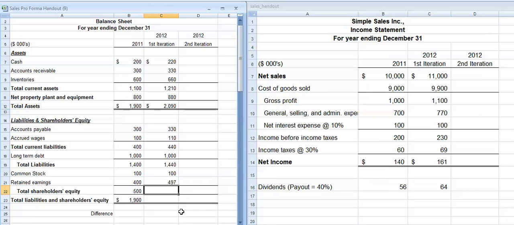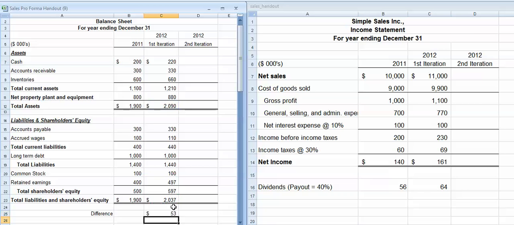So we've got retained earnings of $497, and our total stockholders' equity is $597, which means our total liabilities and equity are $597 in equity plus $1,140 in liabilities. We have total liabilities and equity of $2,037, and we can see very quickly our assets minus